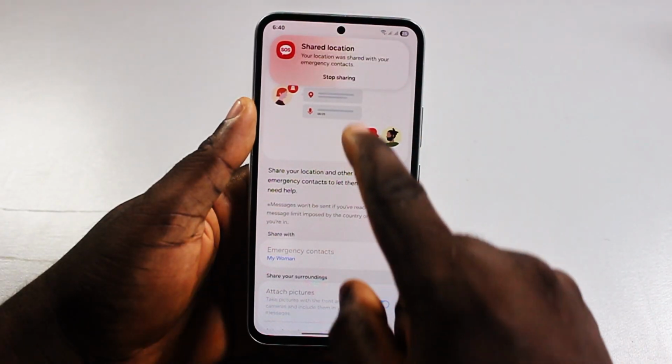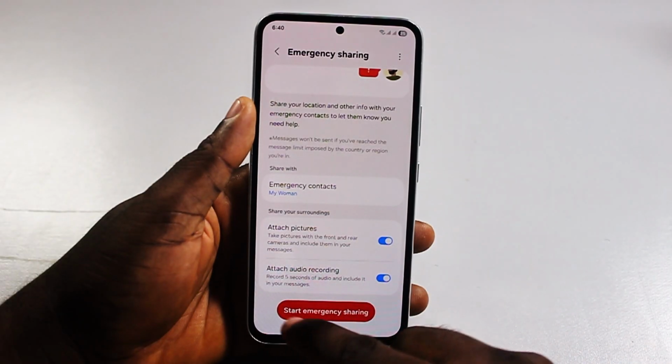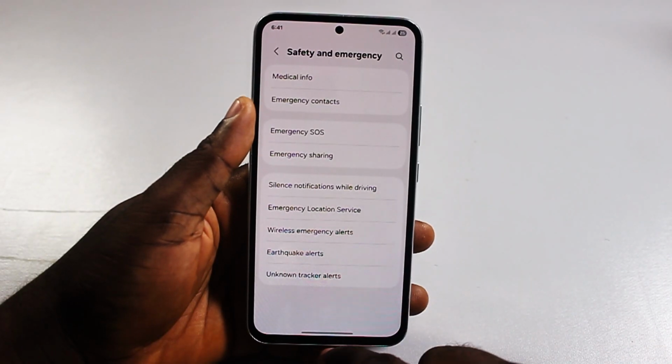So you need to make sure you have enough charge on your phone or enough funds on your phone to be able to make this work. And that's it. So that's exactly how to use